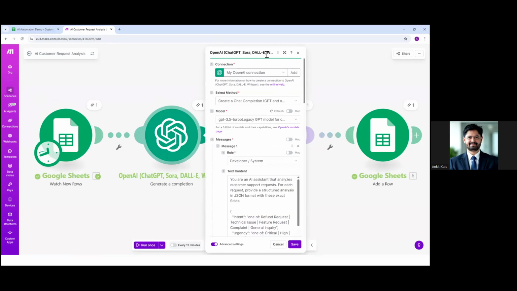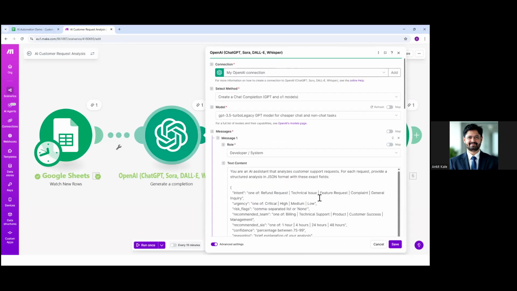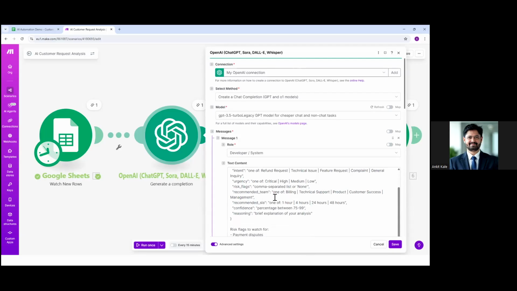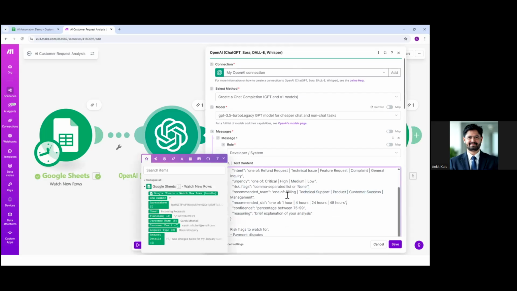I have given it a long list of what it needs to do for the request. So I have created different messages. I have explained my data structure, what is expected to be there. I have defined what the different teams are, what the different SLAs are, the confidence percentage, and of course the reasoning.